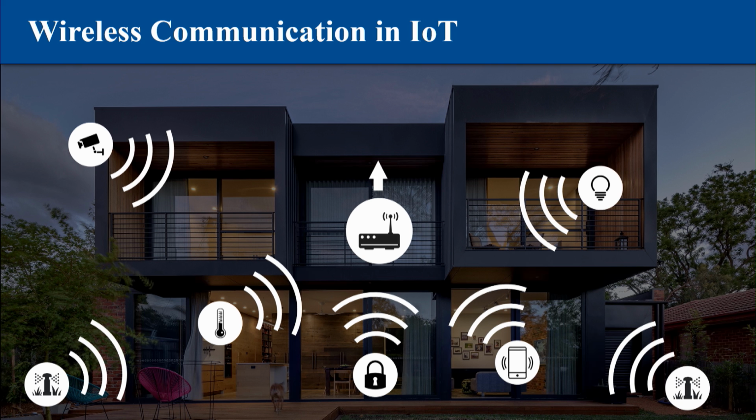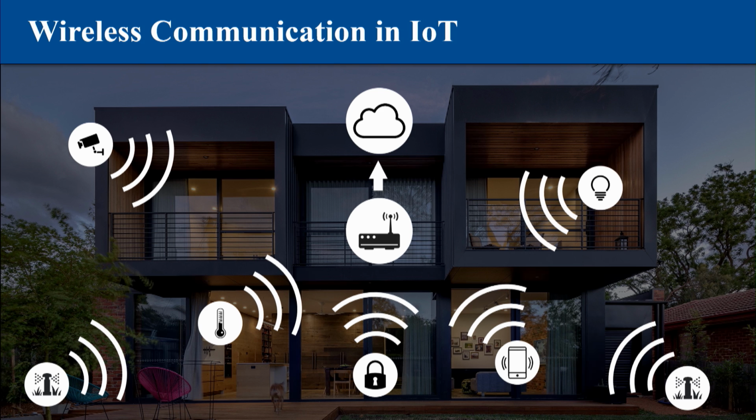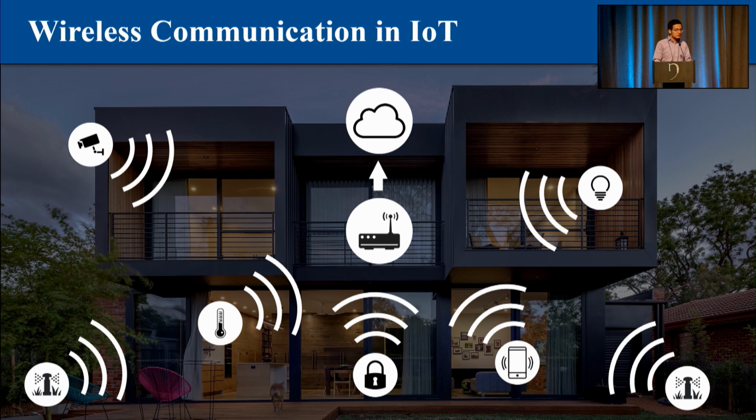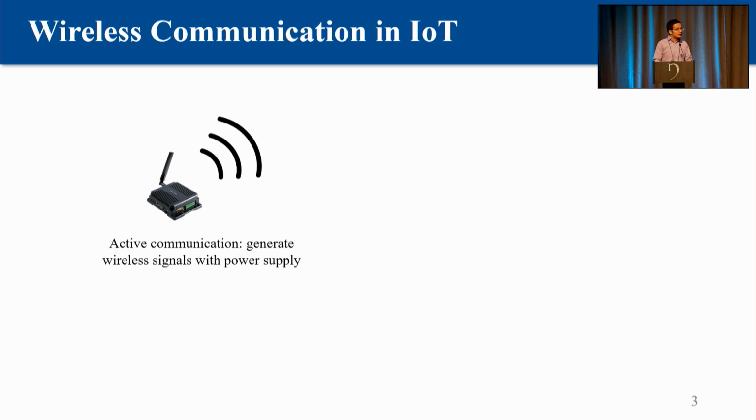So this paper is targeting IoT environments, and you can see wireless communication is heavily needed in most IoT applications, because if you have a large amount of sensors and actuators, you really need to wirelessly transmit data between these small devices and the sink or the base station for different purposes. There are different ways of doing wireless communication in IoT. Most of the existing devices that we're using currently do active communication, in which they use battery-powered devices with commodity Wi-Fi, Zigbee, or Bluetooth networks for the transmission.